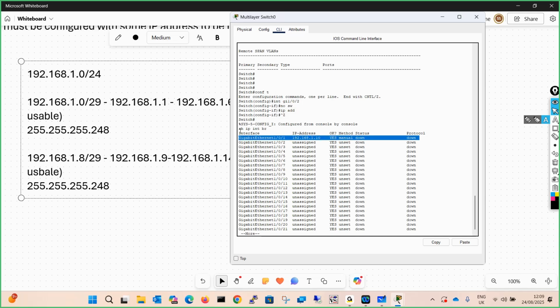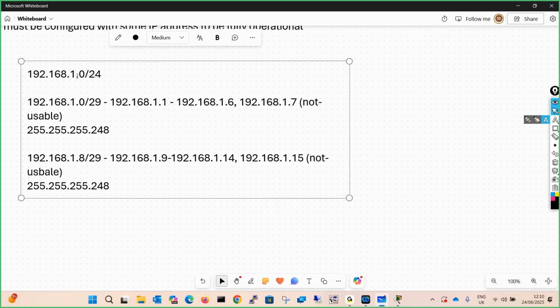That is the reason, because this is a complete /24 network. If you use the same network again, it will not work. So either we will remove that, or we will use the 2.0 network. Let's change our network because 1.0 is already completely used.